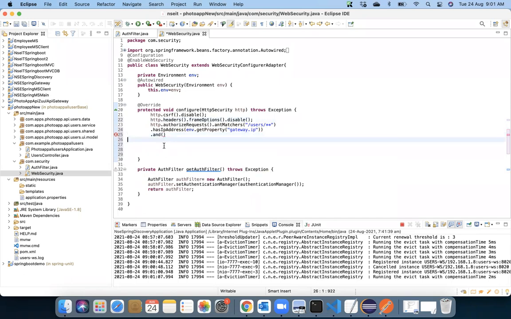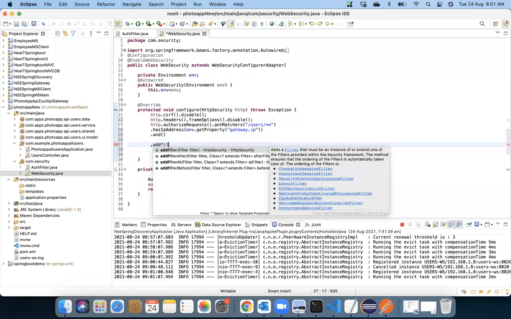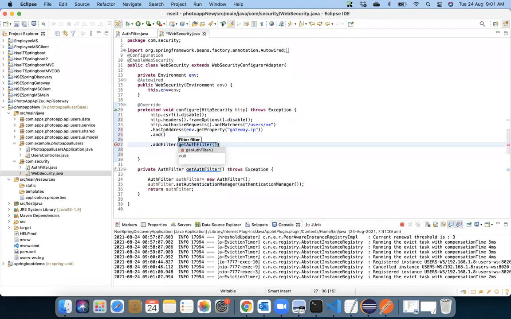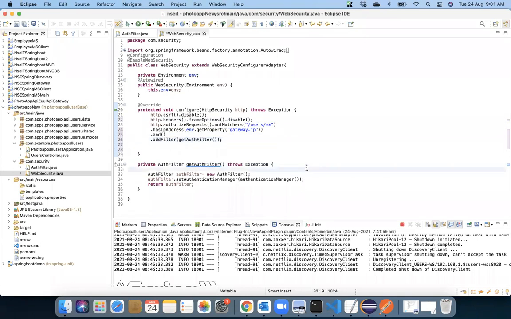And here you once again say dot add filter. In this add filter, we are passing this authentication filter, the one which you've given here. Are we clear? That's the way the filter will be attached to your application. Everybody, just attach it and let me know.